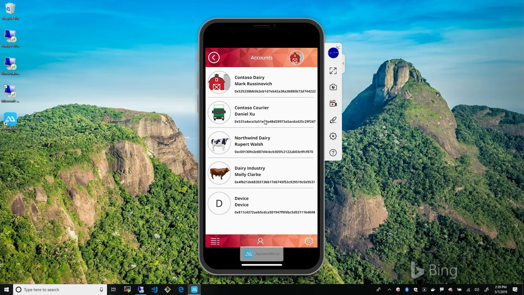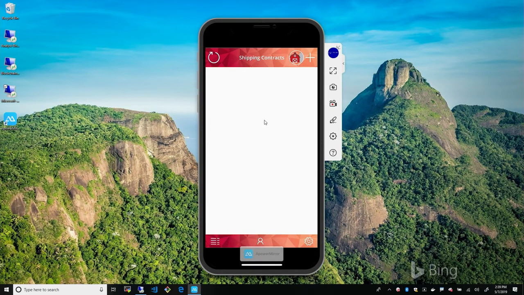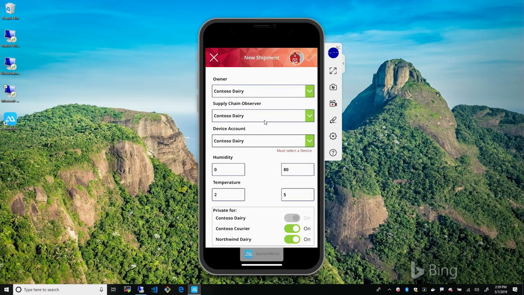I'm going to log in as me by tapping that. And now I'm going to create a new shipping contract. So you can see here the form that we created that I've got to fill out. And what I'm going to do is I'm going to say that I want to have dairy industry observe the shipment of this dairy item